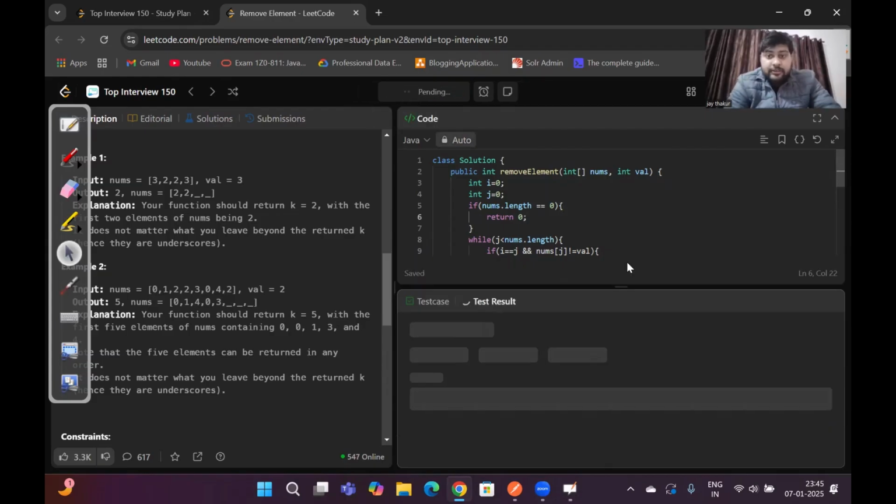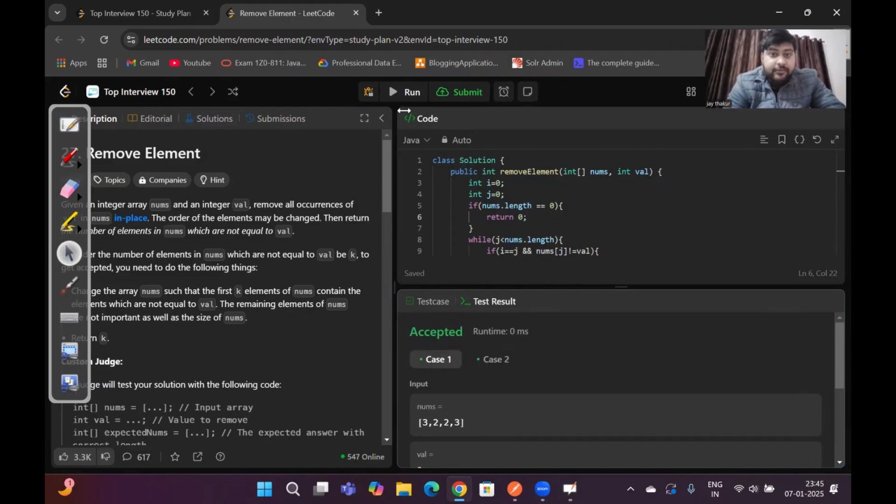So now let's try to run this, and it is passing all the test cases. Let's try to submit this,